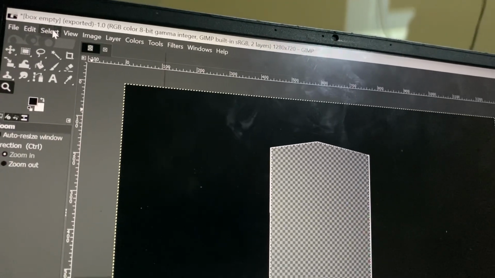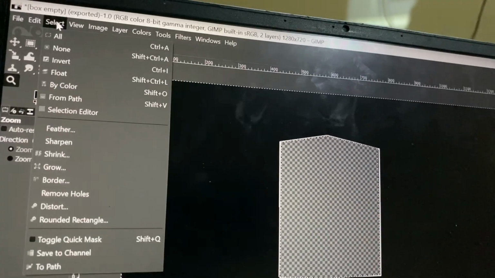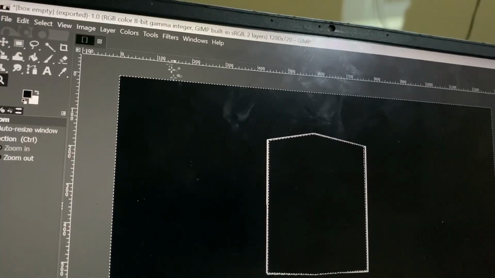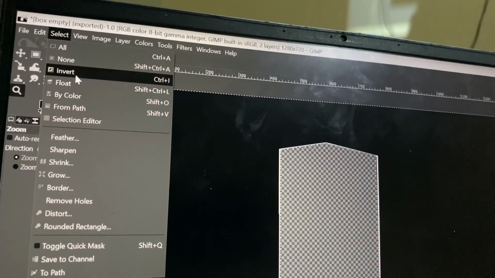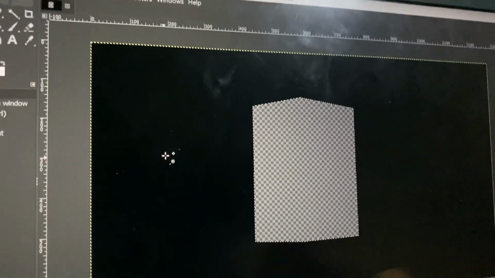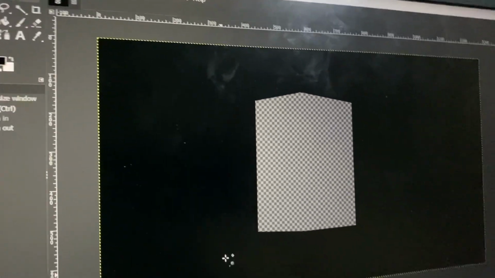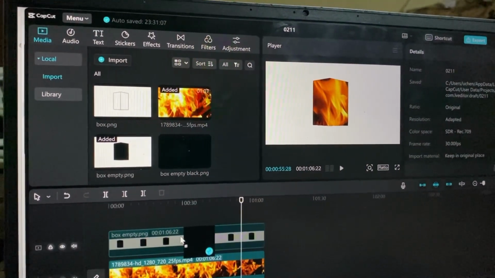Then I come to select, I click on invert, then I will click on select. I'll now click on, no, I'll click on edit, then fill with background color. Oops. Let's do that thing again. Select, invert, then fill it this way. So that way you see it fills everywhere else, and then I click on select, then none, and then I can now save it. So I just come here, I get the black box, then drag it here,